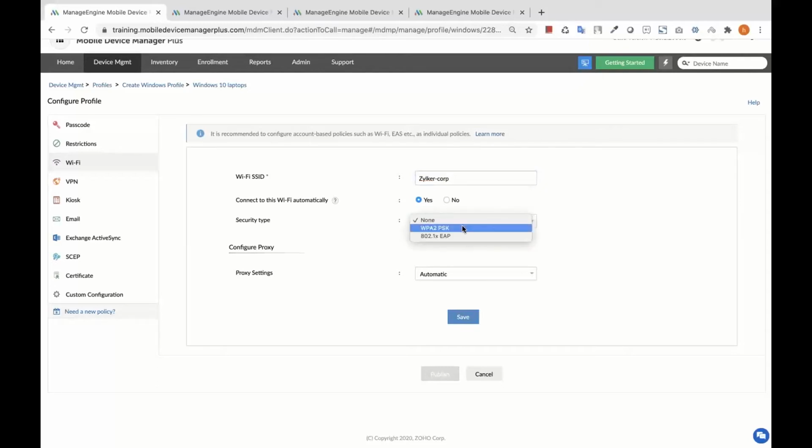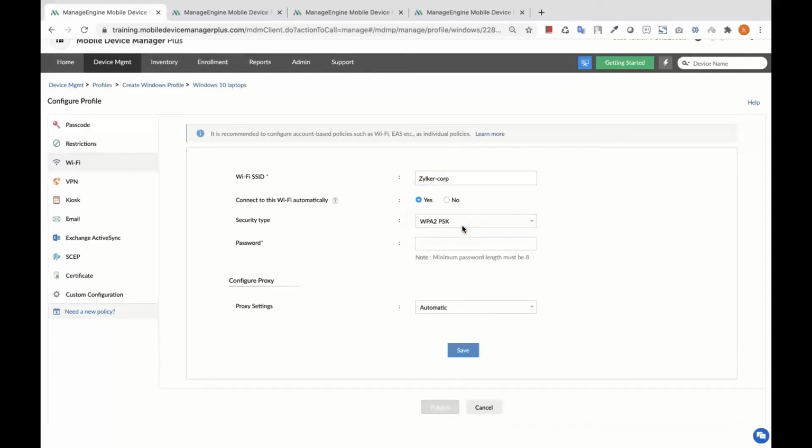In this option, I'm setting it up as WPA2 PSK, where I will have to specify a password for authentication purposes. While configuring this profile, if I specify the password, once the device is in its vicinity, it will get automatically connected to the Wi-Fi since I have enabled the option to connect to this Wi-Fi automatically, because the MDM server itself will provide the required authentication password and not prompt the user to enter it.